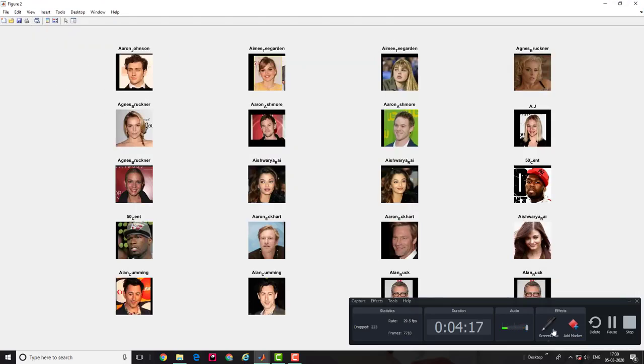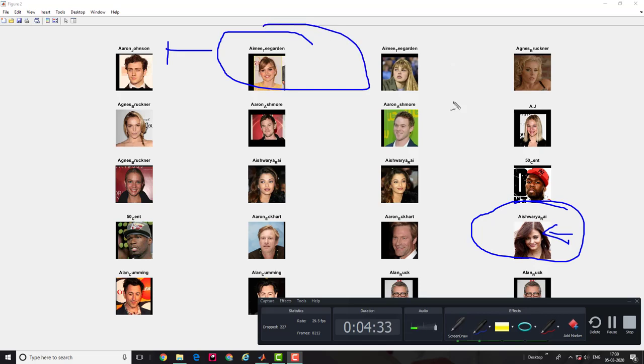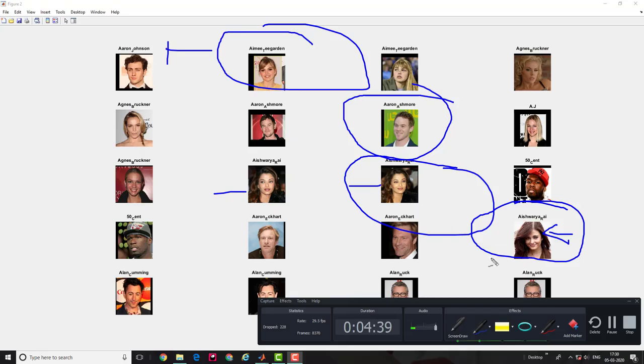Here I have obtained the output. It's really fast. You can see here Aishwarya Rai, the famous Indian actress, is predicted as Aishwarya Rai, and the rest of the celebrities are predicted by their names correspondingly. I have taken 3 samples of Aishwarya Rai, and every sample is predicted right. 50 Cent is predicted as 50 Cent, and I'm sorry, I don't know many celebrity names, but every celebrity is labeled correspondingly. You guys can see whether it is predicting right or not.